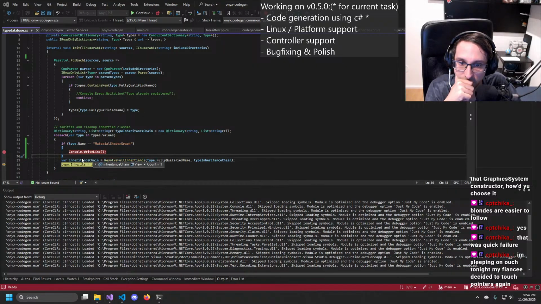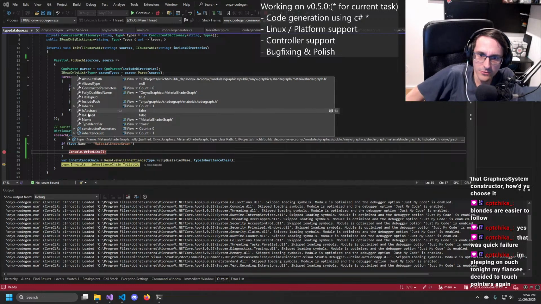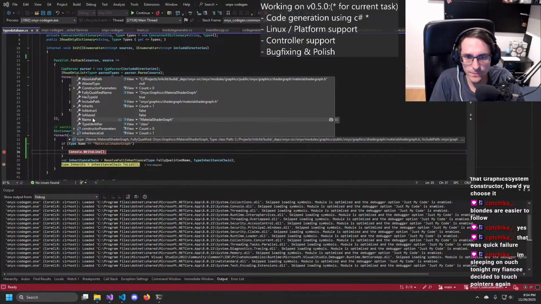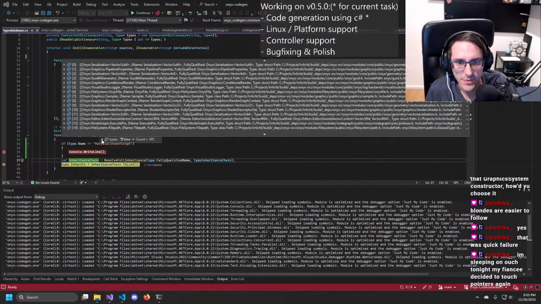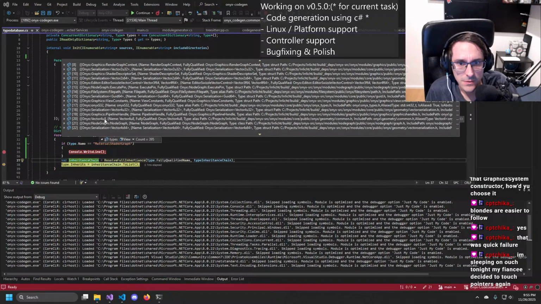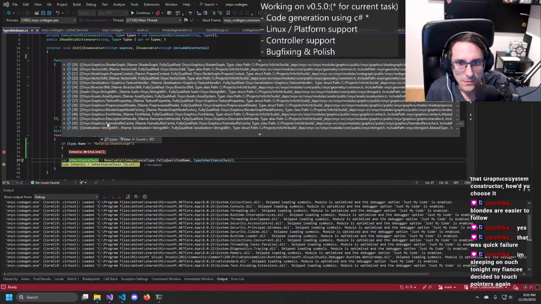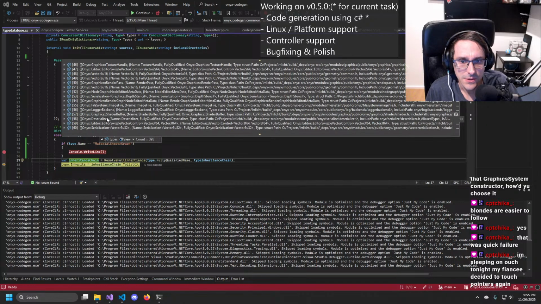It's Onyx shader graph. And the shader graph didn't have a better type or what? Onyx graphics.